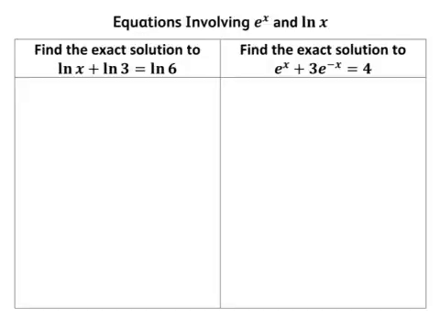Right, we've got a couple of pretty straightforward equations using e to the x and ln x now. Remember that e to the x and ln x are inverses, so they kind of cancel each other out. All right, so the key to it is whenever you e something, an equation, both sides, you have to do the whole thing. So when you get something like this here, we've got to make sure we simplify